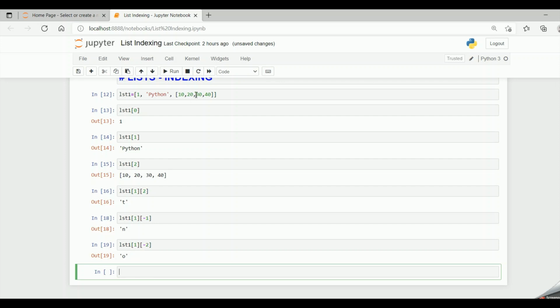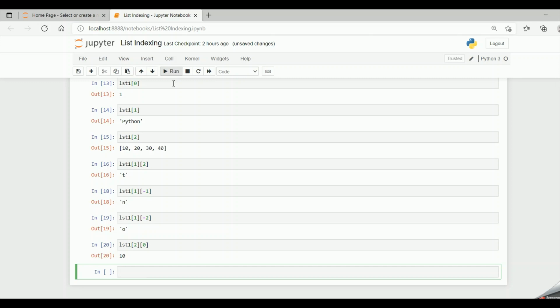Now let's access the items of this inner list. LST1 of 2 is this particular list. In this, if I want to access the first item, I have to specify 0. So when I run the code, I get the value 10.